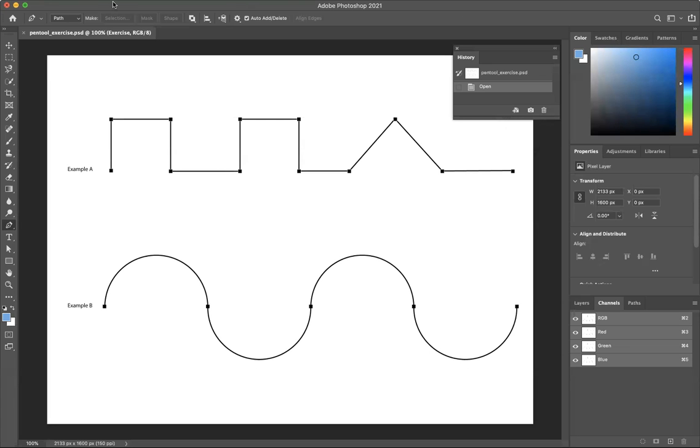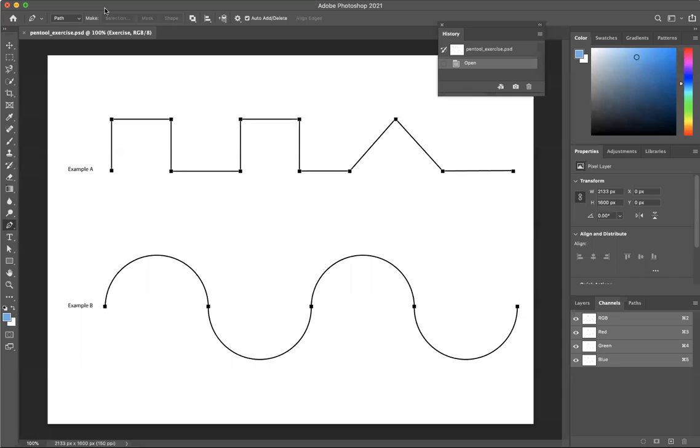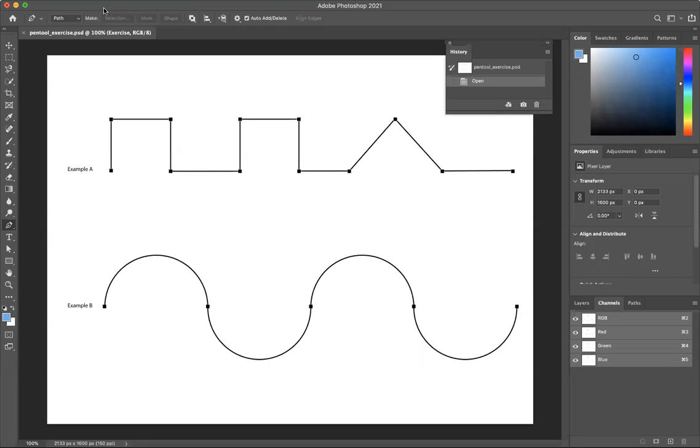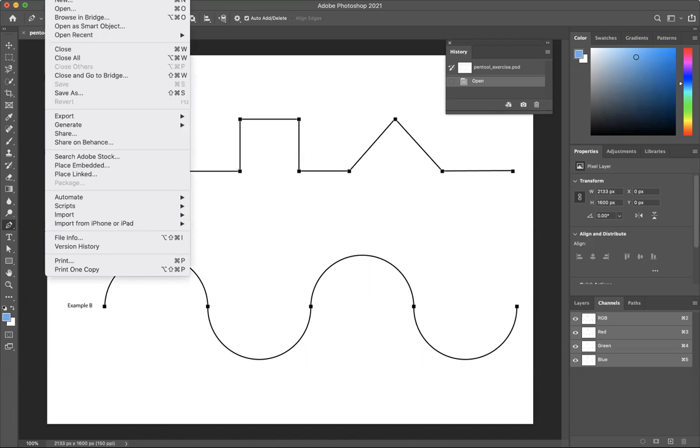Okay, so to work on this pen tool exercise, which will get you loosened up and ready to do the apple exercise, which both incorporate the use of the pen tool. This is a warm up exercise. So we're going to open up your pen tool exercise and